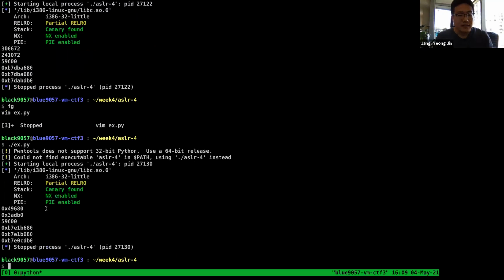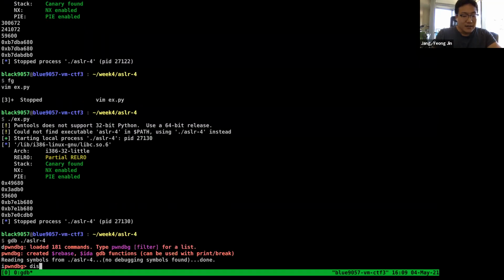Because it aligns by the page size, which is 1000, the last 3 digits of the address need to be the same. Yeah. So this will be the printf address because the last 3 digits of the printf is 680, and then the last 3 digits of the system will be db0. And since we calculated the address correctly,